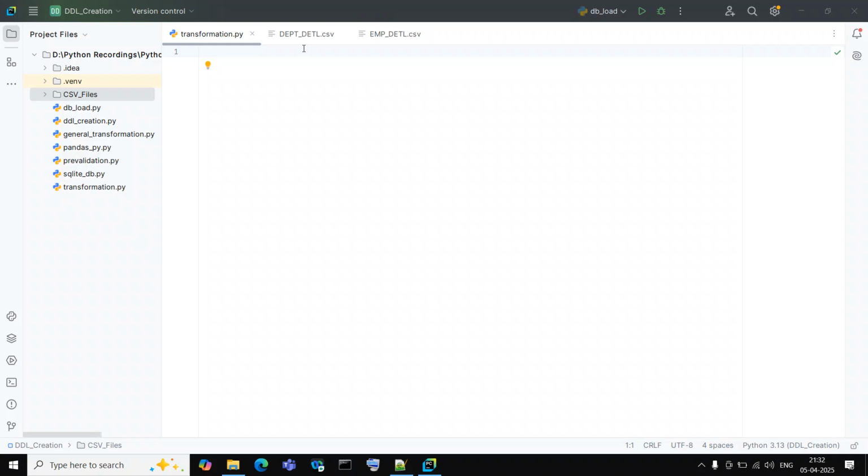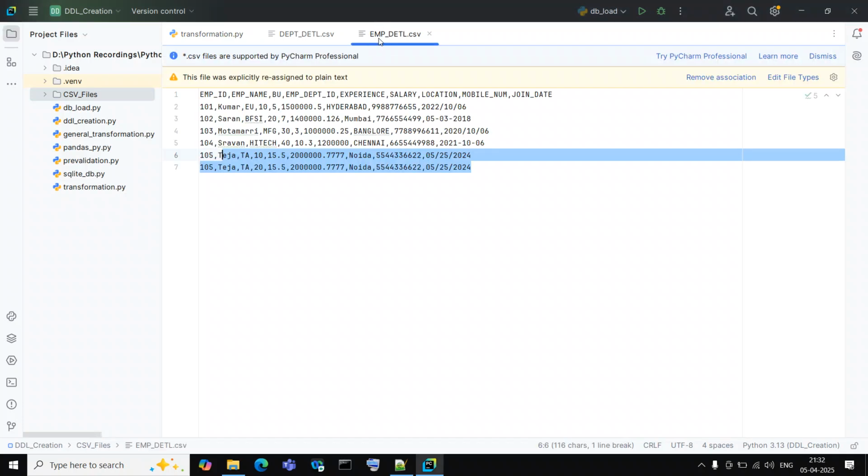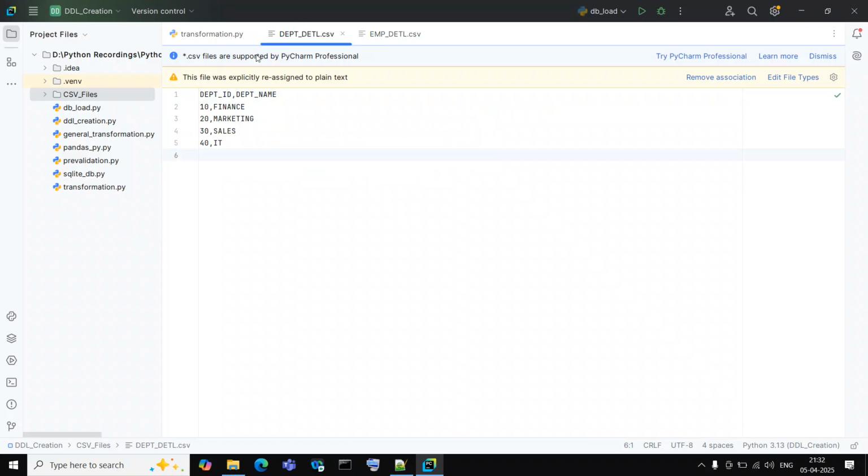So here I have two CSV files. One is employee details. We have here employee ID, employee name, BU, employee department ID, experience, salary, location, mobile number, and the join date. In the department details, I have the department ID and department name. Departments are like finance, marketing, sales, and IT. So what we will do here, we will first write the code, how to read the data, how